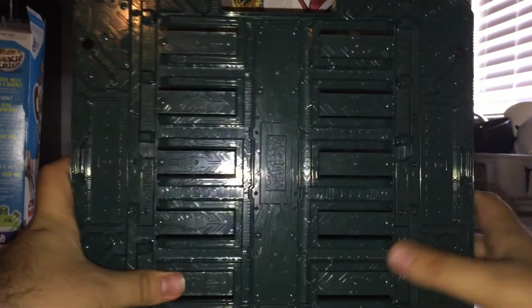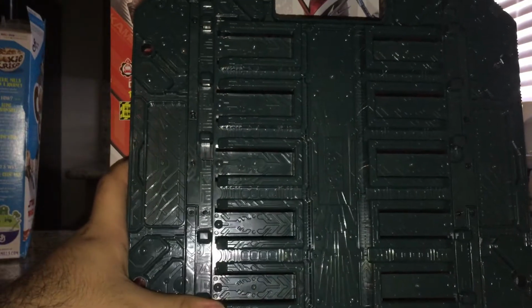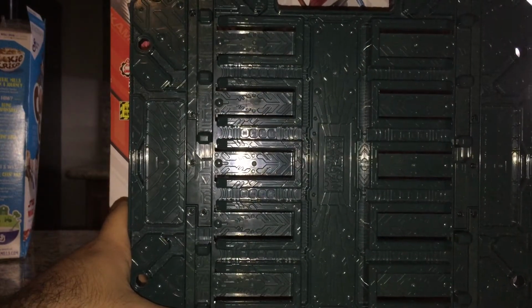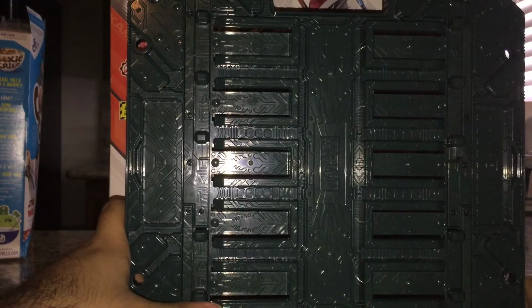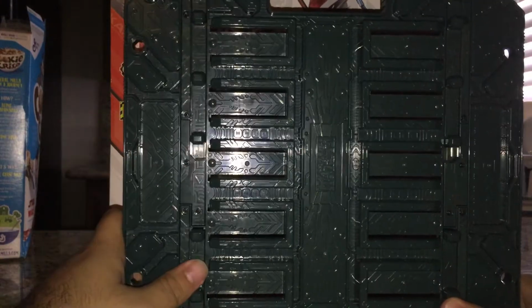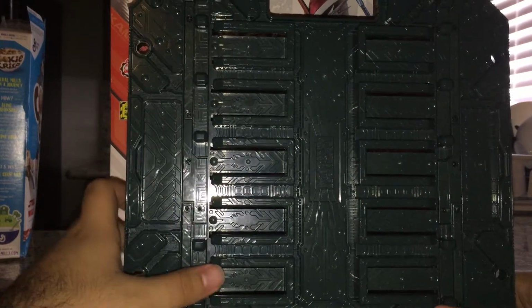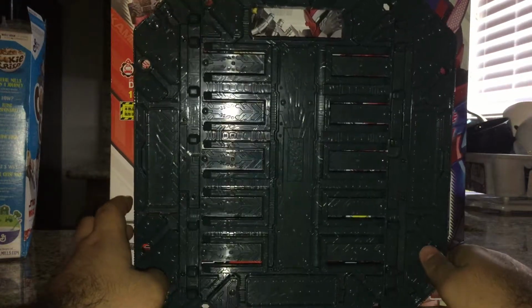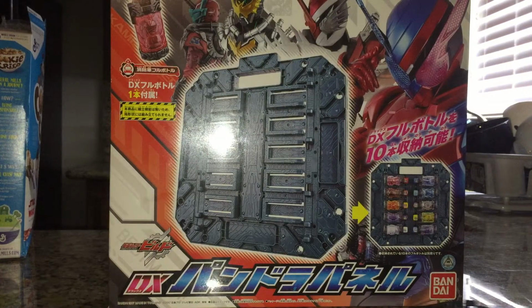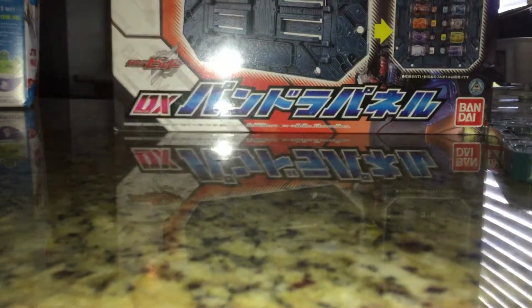And each panel has 10 slots to hold 10 full bottles, so that's very nice. So far, I own 2 green panels and 1 blue panel. I'll review the blue panel when I get the red panel, because I only own 1 blue panel. So, yeah. And I'll get into showing you the storage function of this later, if I can stand it up. You know, I'll just lay it flat and move it off to the side, because now we're going to take a look at the full bottle that was